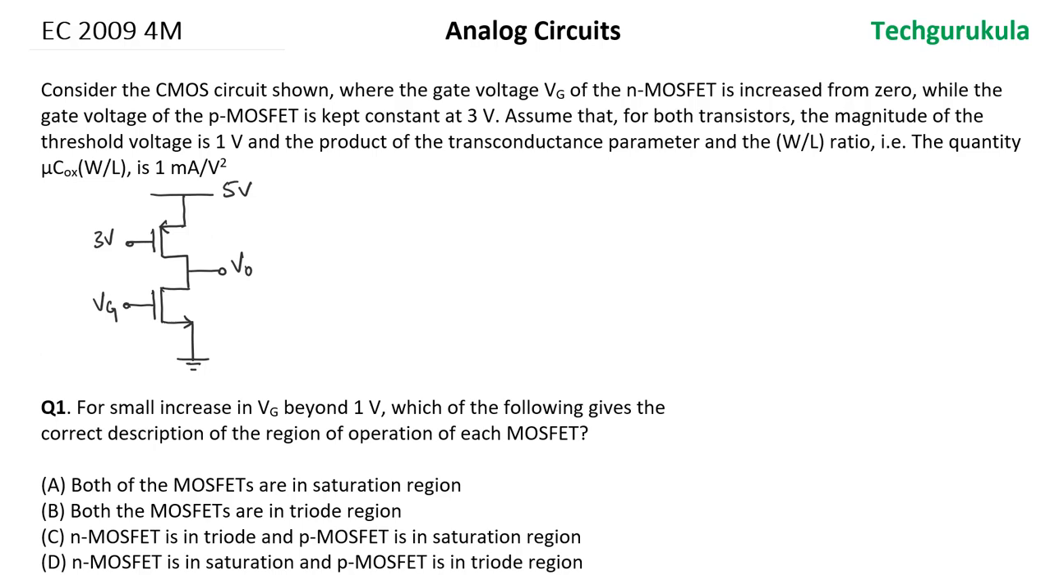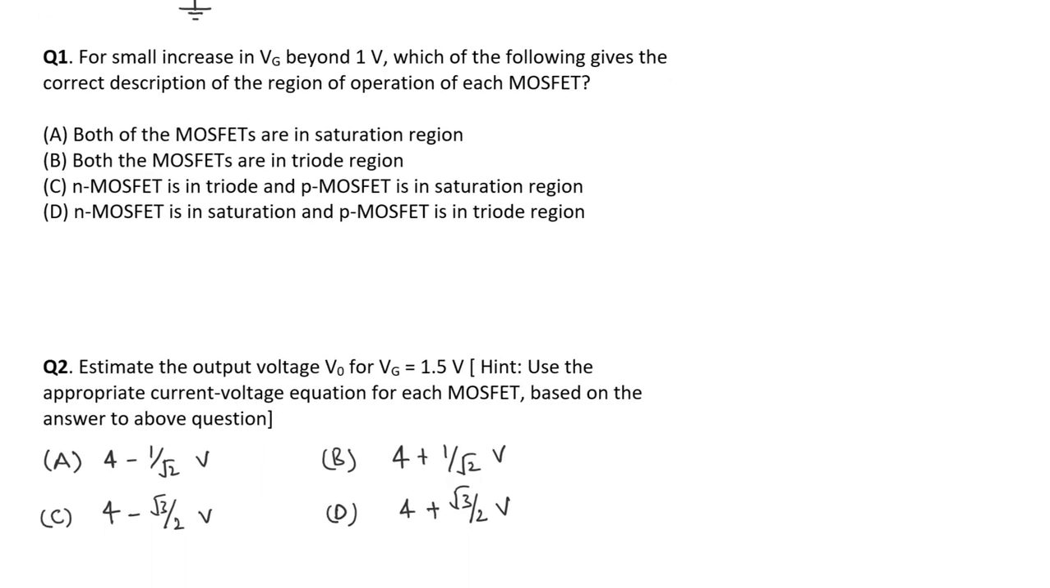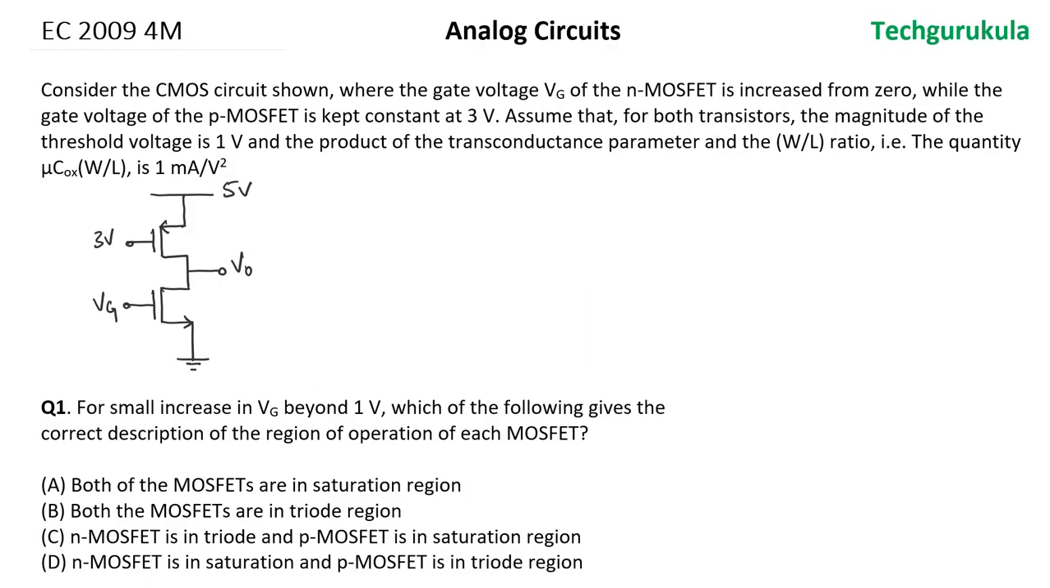This is a common data question given in EC 2009 for 4 marks. It consists of two sub-questions, question 1 and question 2. A circuit is given. Let's read the question. Consider the CMOS circuit shown where the gate voltage Vg of the NMOS transistor is increased from 0, while the gate